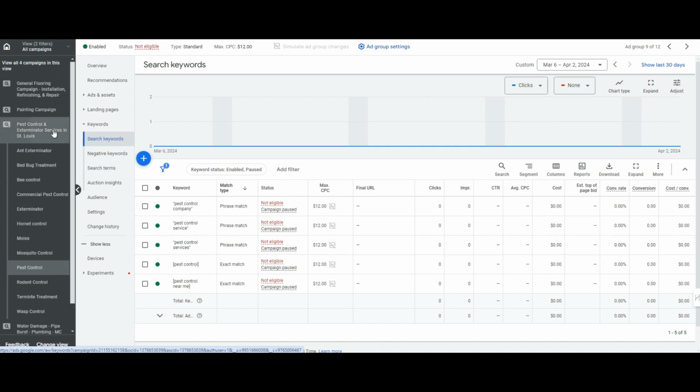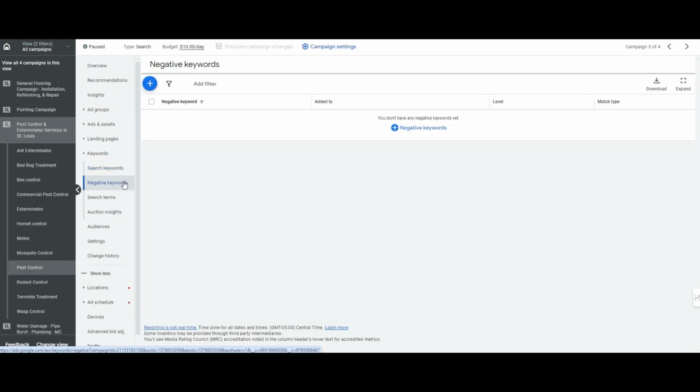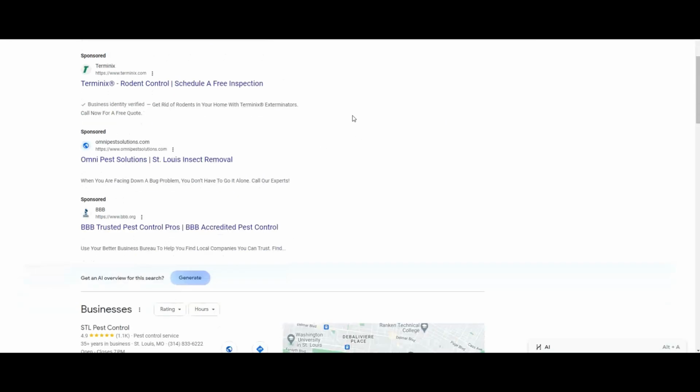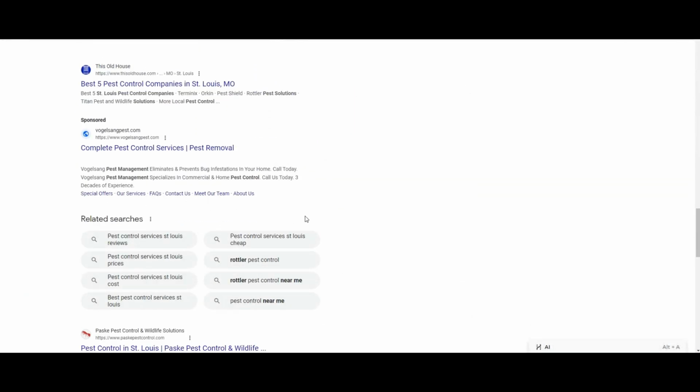So what we're going to want to go ahead and do, negative keywords are going to be kind of the foundation of this campaign. The reason that they're the foundation is they will improve the quality of searches that you're being found for, remove the ones that you don't want to be found for, and overall just prevent wasted budget on the campaign. So what I like to do here, guys, is if we go to Google Ads,